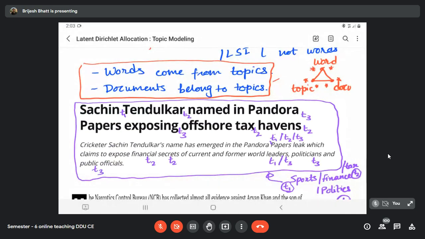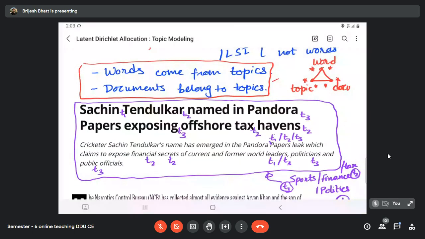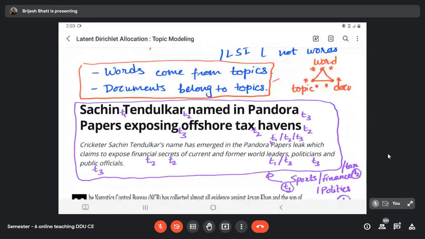Because we have looked at the words and the matter of the text, as Urjit is rightly saying, and based on that, we tried to assign topics. But we did it very intelligently, very intuitively through our brain. What we are going to learn today is if you want to write a program which can figure out this thing, like this article has this many topics, then how do we do that? So that is the question that we want to seek an answer to today.